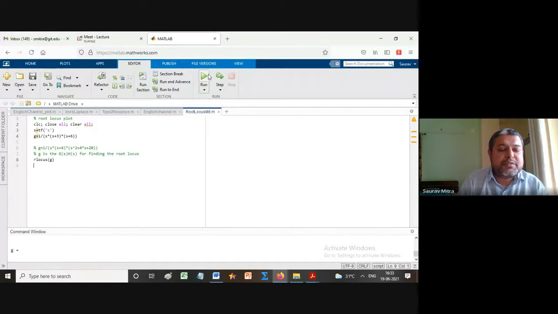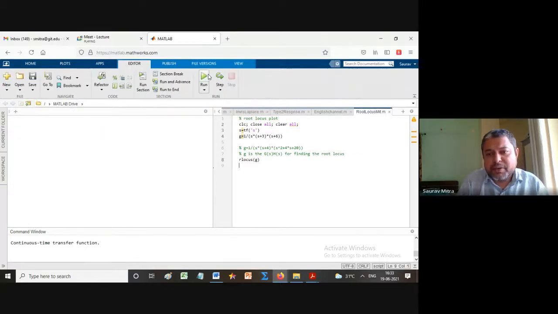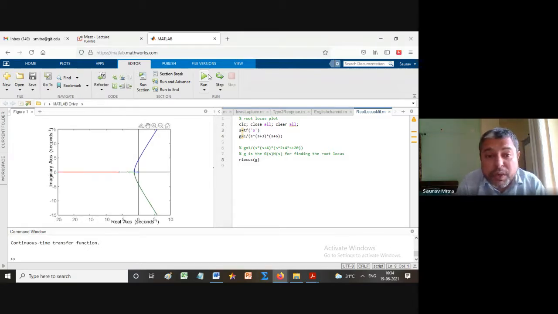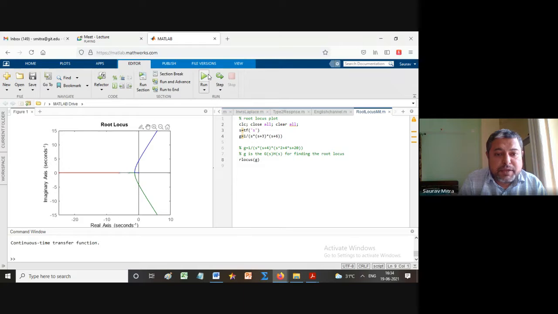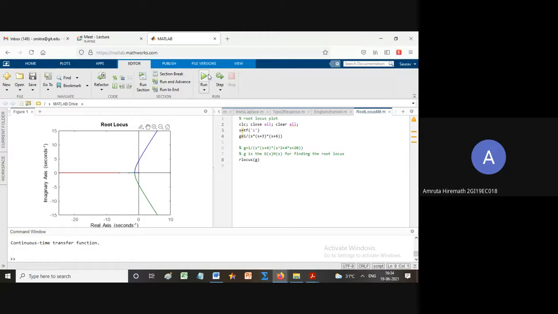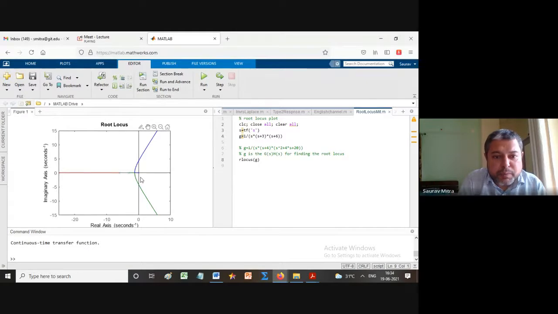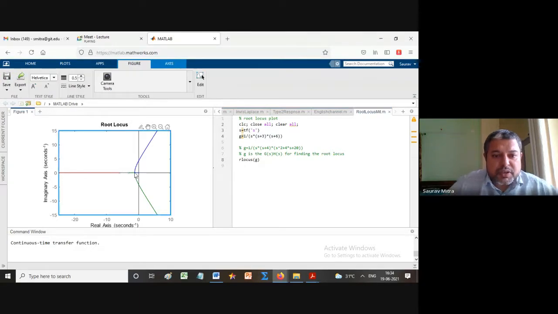So S into S plus 3, S plus 6, the breakaway point was minus 1.27 if you remember. Okay. Breakaway point was minus 1.27. That means at minus 1.27 we would get damping equal to 1. Visible? Anybody? Yes, sir. Okay. So अभी ये देखो, ये वाला blue part है. Blue part is starting from 0 and coming here. ये वाला कौन सा point है देखते हैं. Whether this is minus 1.27 or not.